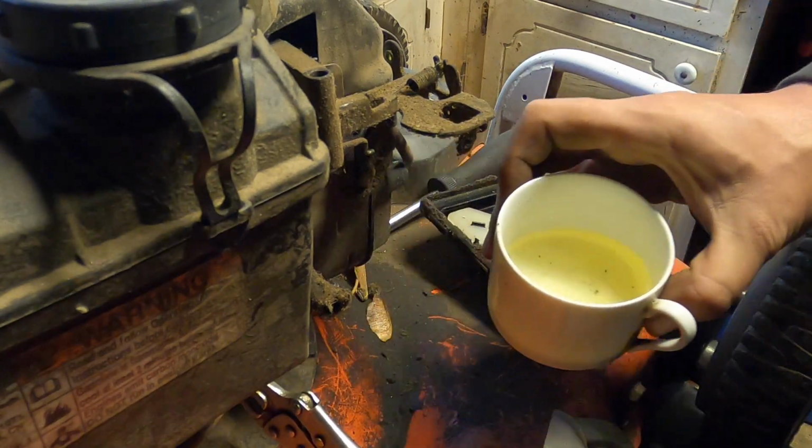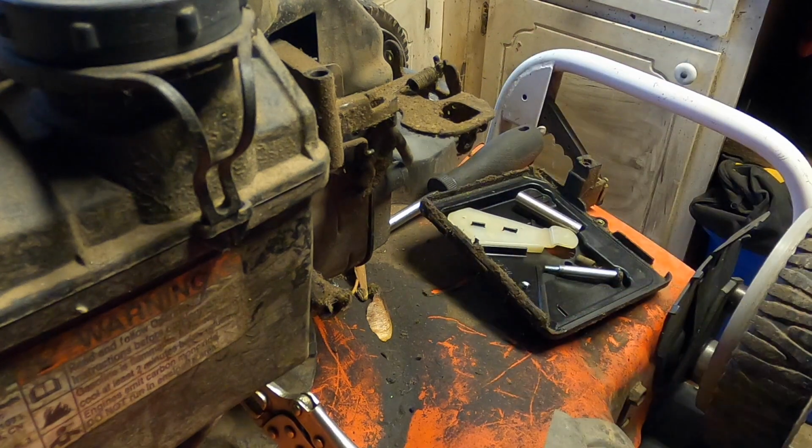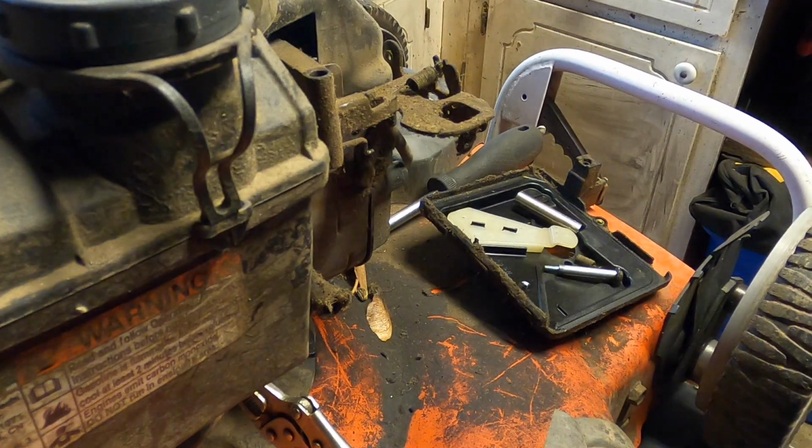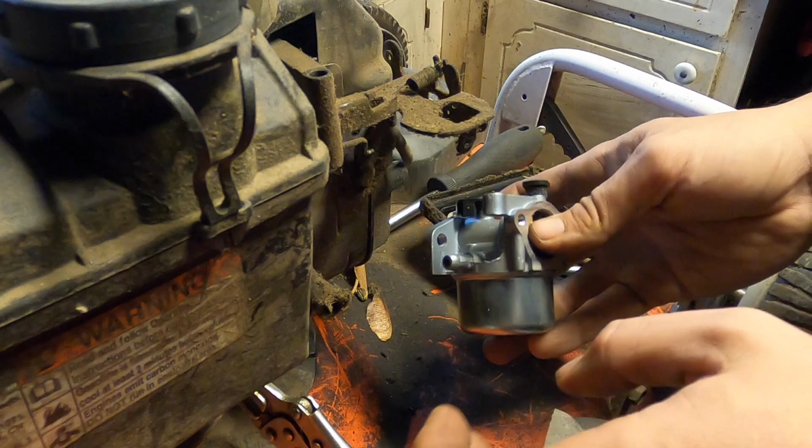So that fuel is not good. So I'm going to spend a little bit of time now and drain it out, and then we will put some good fuel in there. Okay, now that it's drained,